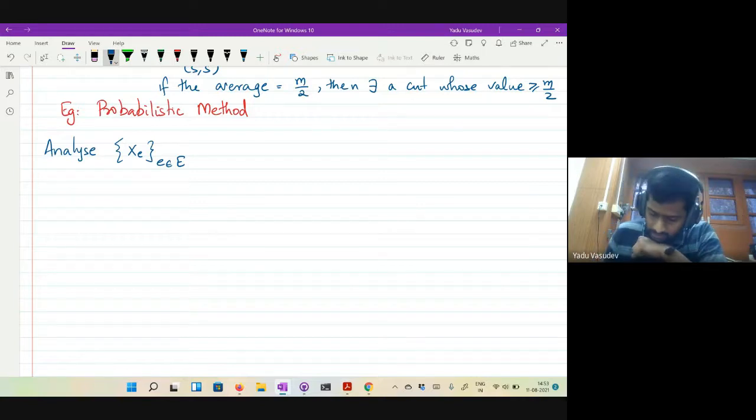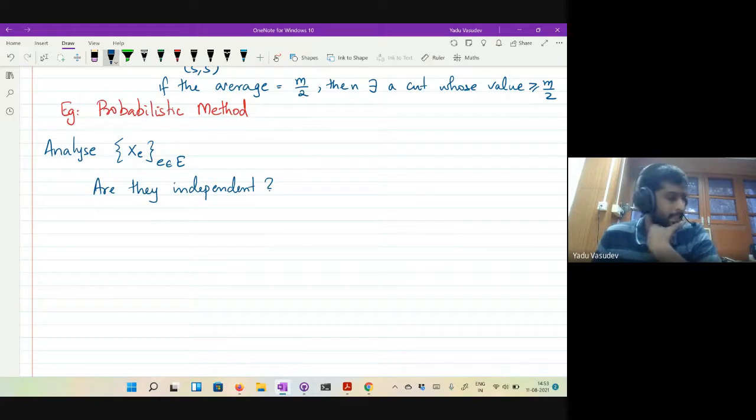The first question is, are these random variables independent? Any guesses?